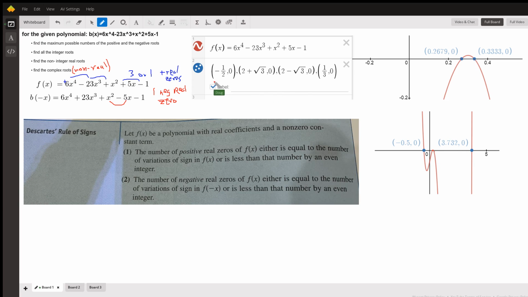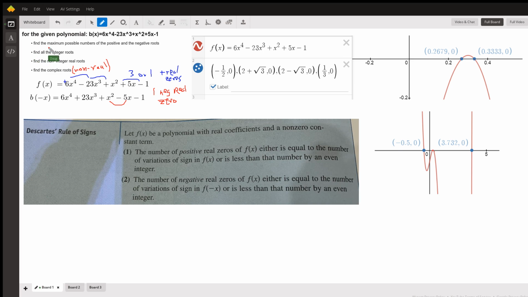And the four roots of this polynomial function are negative 1/2, 2 plus the square root of 3, 2 minus the square root of 3, and 1/4. The question is, how could you find those roots without a graphing calculator? Could you do it? Well,